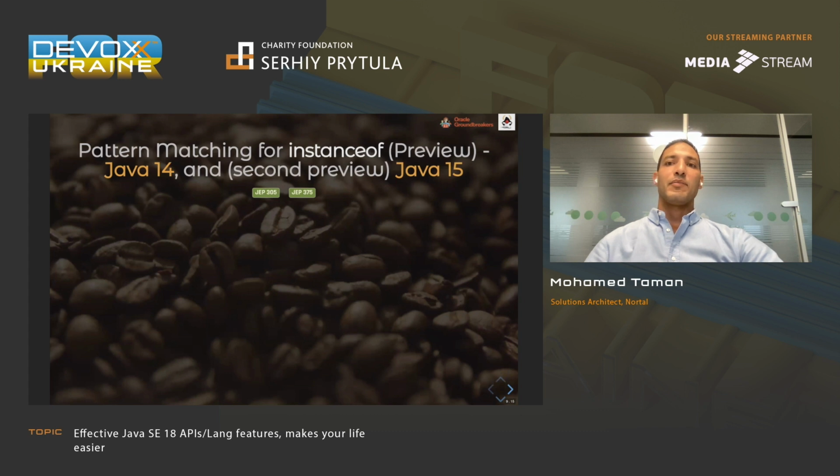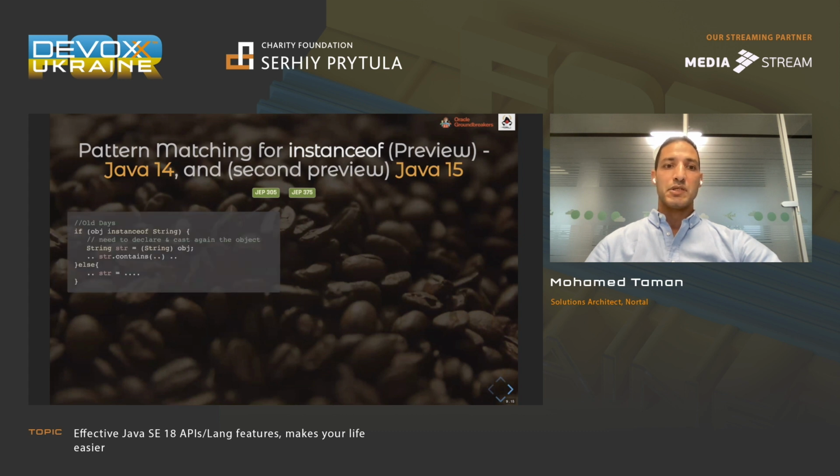So pattern matching for instanceof is one of the great features that we have in Java 14 and 15, which simplifies the testing of the instanceof type of the object. So you have to say object, if it's instanceof String, we have to do casting. And then based on the casting, you use the casted variable.